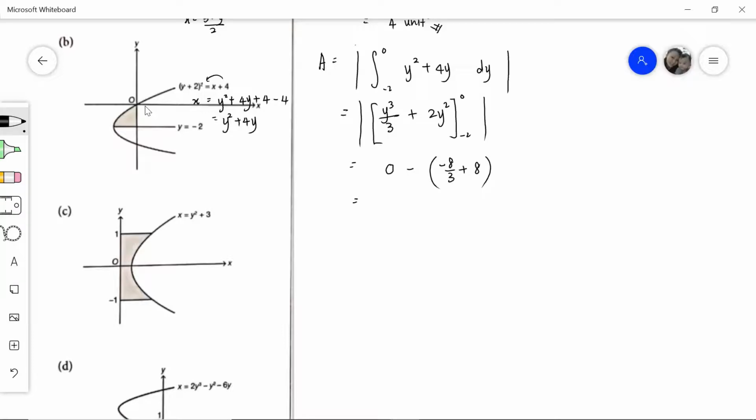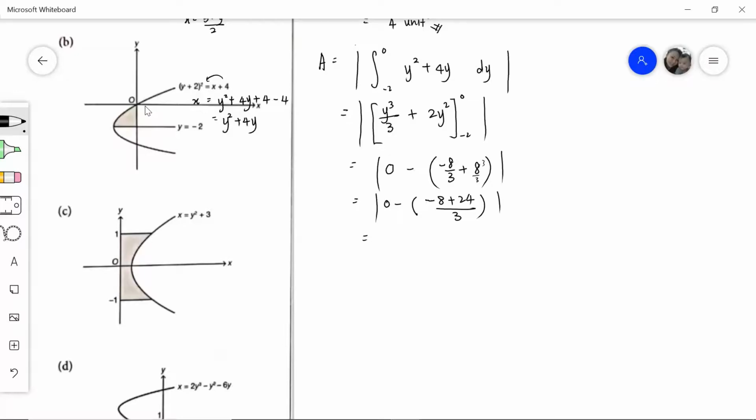And next, 0 minus, let's find the lowest common multiple, that is 3. So we times 3 up and down. So we have negative 8, negative 8 plus 24 divided by 3. And we will, don't forget the modulus, we will get